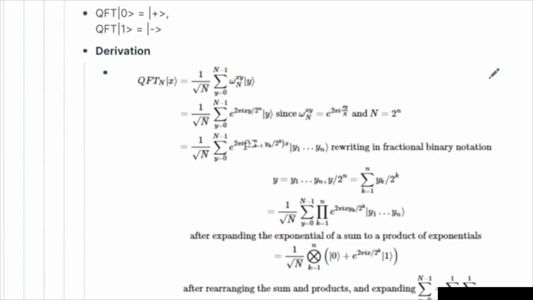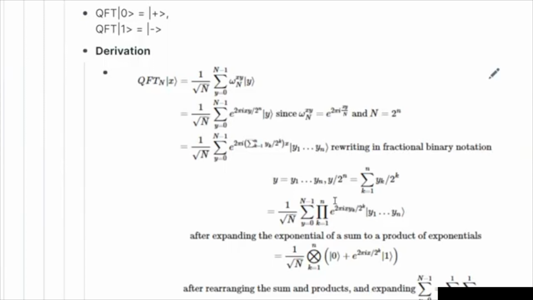And since the summation is in the exponent, this is basically multiplication of different terms, right? Because multiplication of e power 1 plus e power 2 would be equal to e power 1 plus 2, that is e power 3. So similarly, since this exponent contains summation, we take that out and write it in terms of different exponent terms in this form.